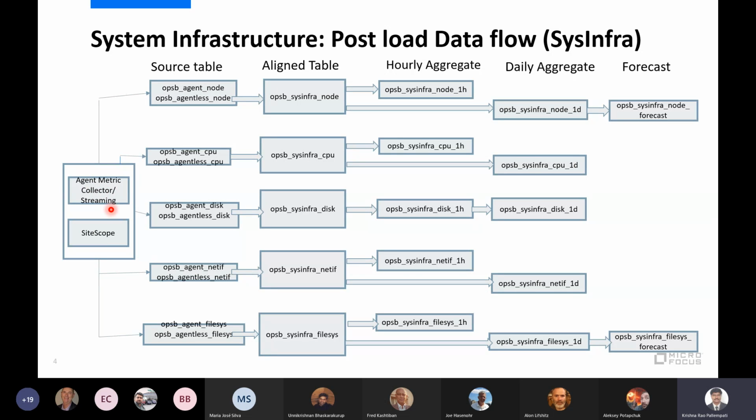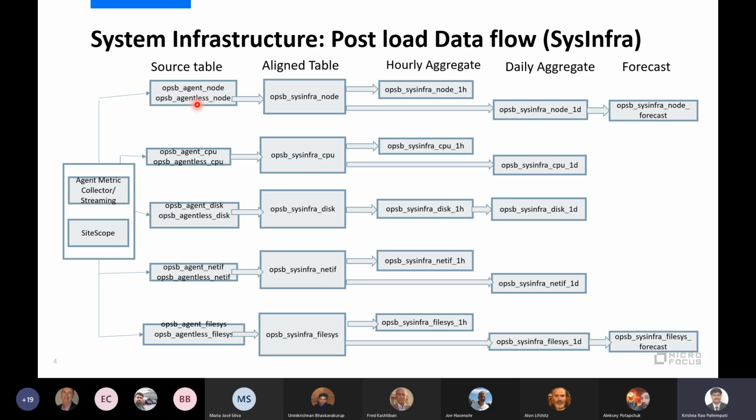When I start the agent metric collector or configure my endpoint for streaming, the data flows into the tables: agent metric, agent node, as well as agentless node.